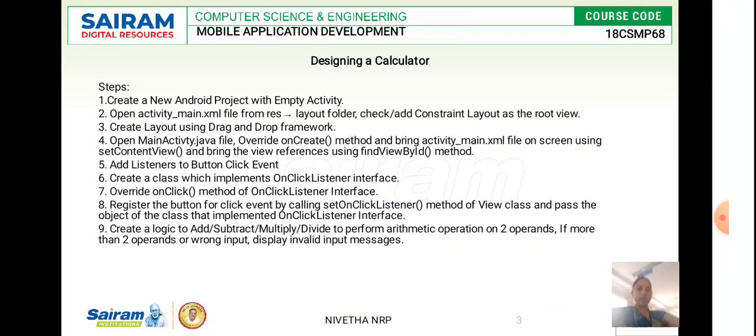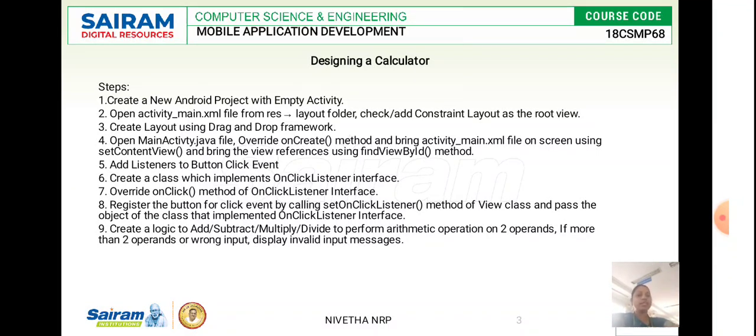To trigger the activity you proceed with, we give the onClick method, so that this will be converted into executable form and you can run the application. This acts as the root of your project directory, and this helps to create an interface between the Android OS and the application we are going to develop. If you don't do this, the OS cannot consider that as a part of your application. Followed by that, you are going to design the buttons.